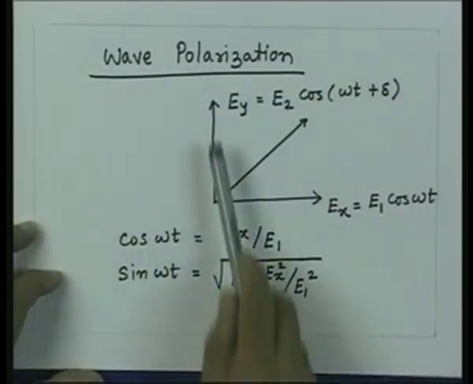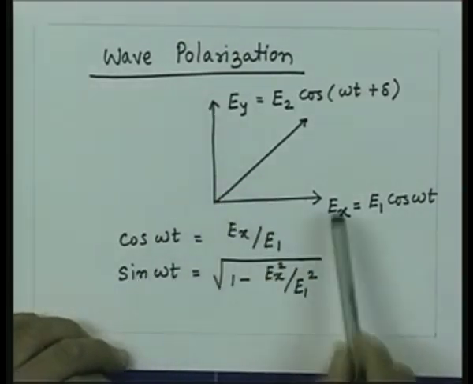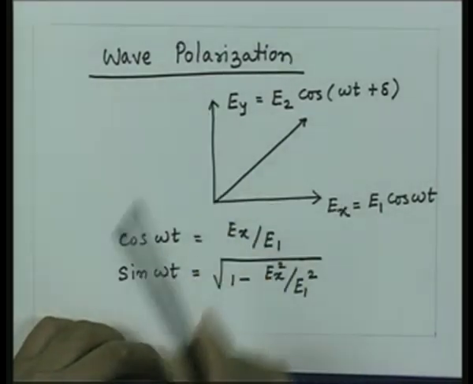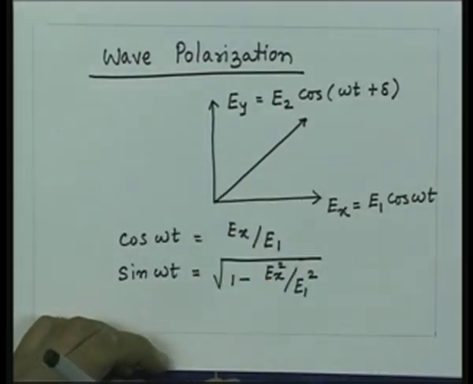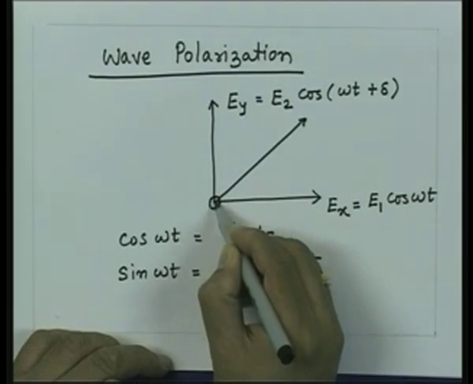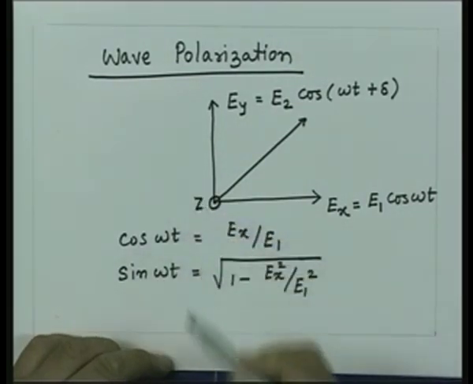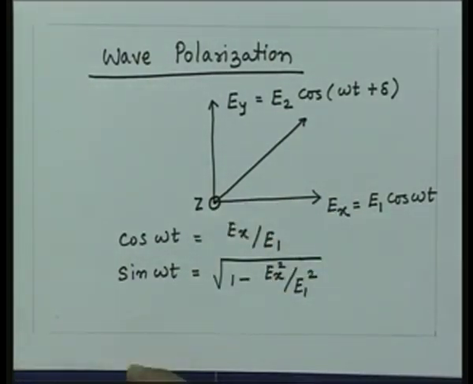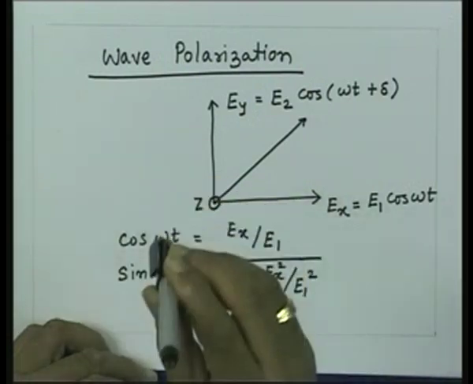So, any electric field vector can be thought of as a combination of two perpendicular electric field vectors, and here we consider the x oriented and the y oriented field vector. Again, following the right handed coordinate system, if this is the x axis, this is the y axis, then the z axis is coming out of the paper. So, in the analysis of the wave polarization, we assume that the wave is propagating in positive z direction. That means the wave is now coming out of the paper, it is travelling upwards,